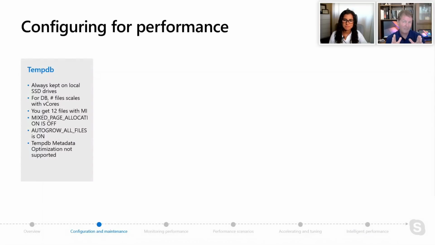Now, we talked about configuring a managed instance and a database. What about specific things for performance? Let's pick out a couple. TempDB, the bane of my existence. First of all, don't worry about I/O. We put them on local SSD drives all the time. We just manage that part for you. But the number of files can be important for allocation concurrency. You've seen that before from latch contention.